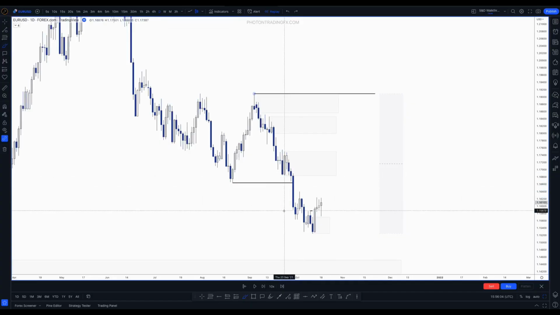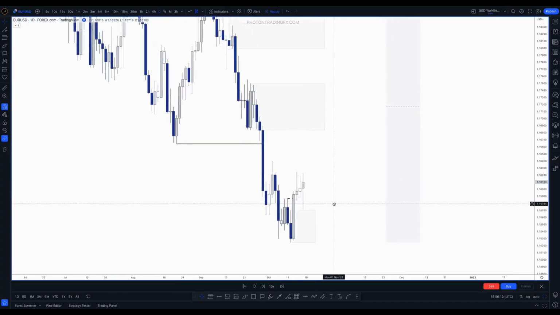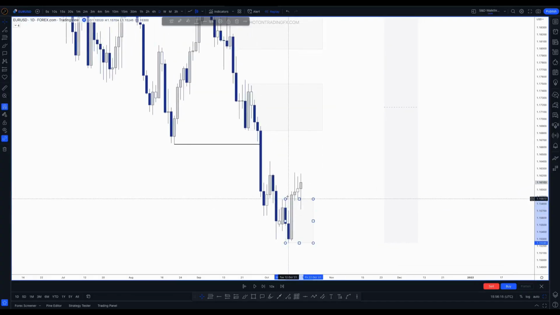So swing breaker structure, waited for the fractal structure to shift bullish. That gave us a level of demand. Now we actually just missed that level of demand on the daily and the 4-hour chart, which we'll see in a minute. But remember, that's the pivot, right? That's the sell to buy range, which we did mitigate. Bullish daily change of character. Let's see if we can target a pullback up to at least